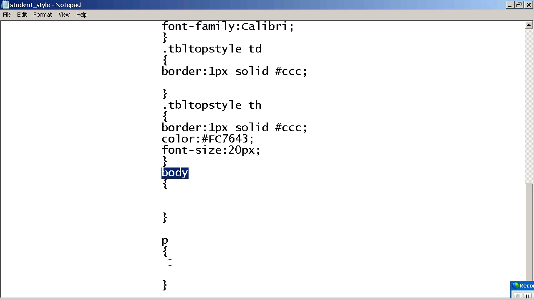They don't want to change the code, but they want to change the style. Then, are we going to each page and making the change? No, it's not needed. You just change the style here, and automatically it will happen. So that is the advantage of the external style.